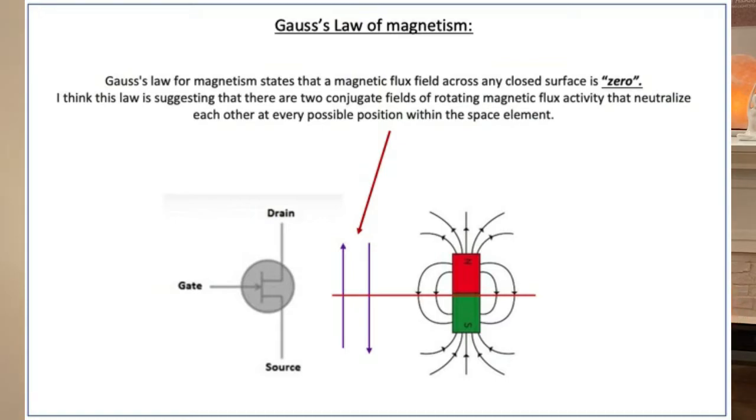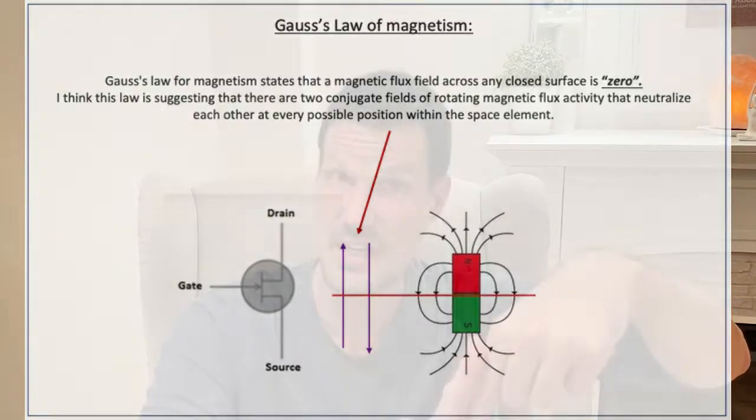And at every possible position within space, it's zero potential, is what this law is telling us. So now we're beginning to see that the center of the magnet is representative of that proton, and then we have the magnetic field activity coming out. Now we're creating a newer perspective on what's going on within the atom. It's not this electron field that's around it. It's actually the rotating magnetic field, and the field activity that's always maintaining that zero potential, this is something that's connected to the neutron in